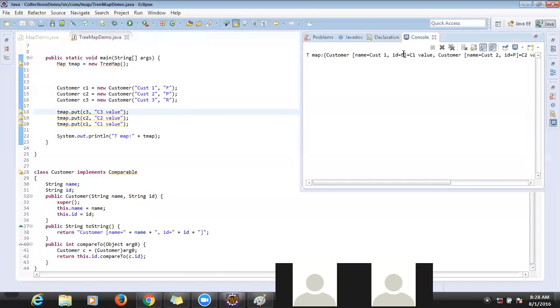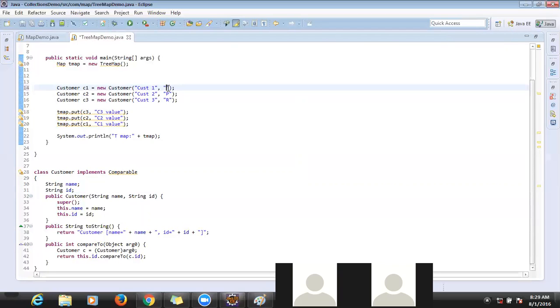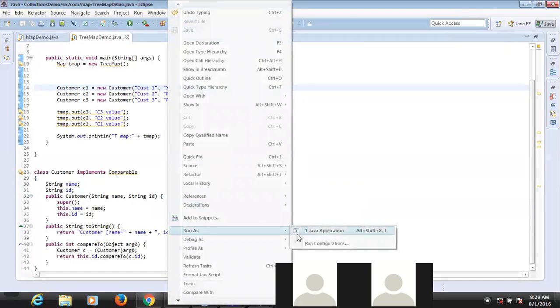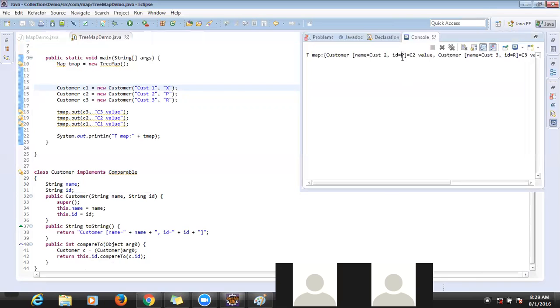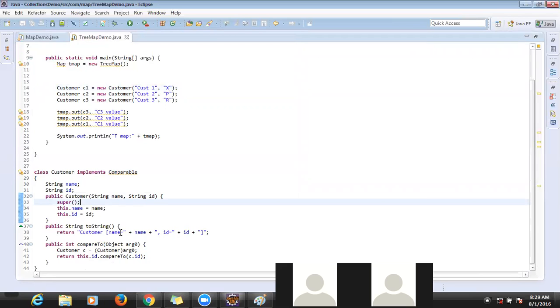So now what is the first one? F and P and R. Now it is in sorting order, right? If you want, I can give this one as some X. Now let me run it and we'll see the results. So now first one is P, R, X. Now it is in sorting order, right? Yes. String means you have to give a string, so we should not give numbers. Because we declared this as a string, right? So you have to give a string, then you will get proper results. So now it is displaying in ascending order, right?